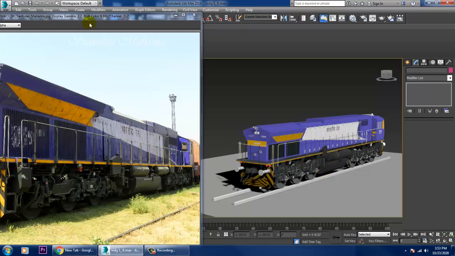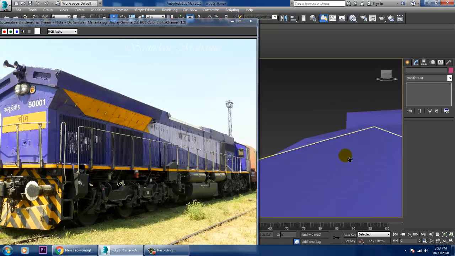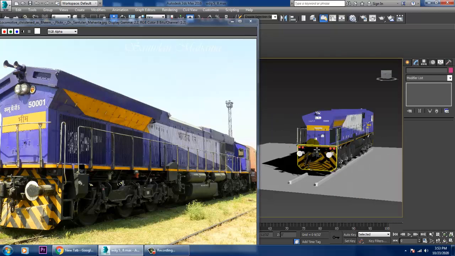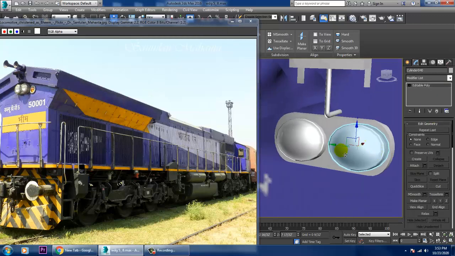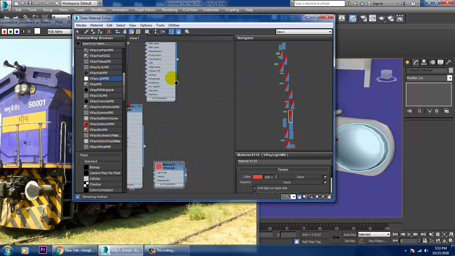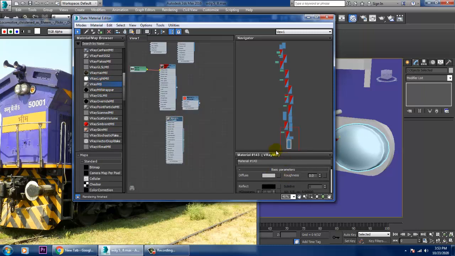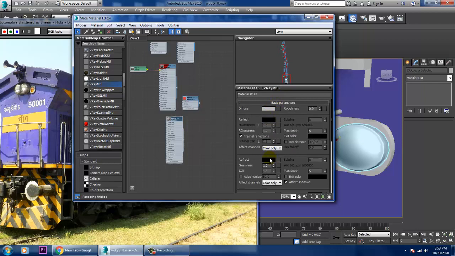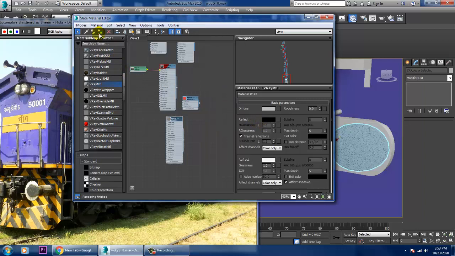Again, now over here, so what are the small things which are left for this? We'll be just taking this part as a glass over here. That's a glass part kind of. So let's go into the material. Let's go down. Let's take a V-Ray material. Into that, let's go into this, refract, give a refraction, and let's increase its IOR values over here.